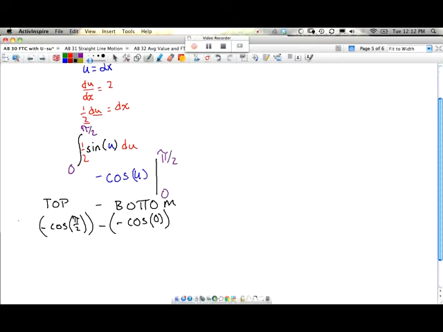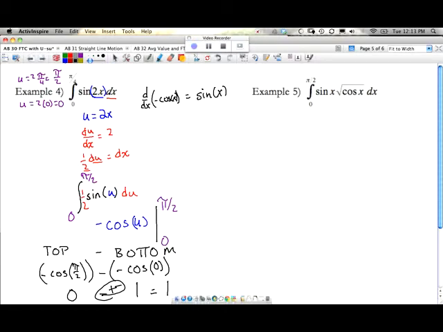Well, cosine pi over 2, that's 90 degrees straight up, so cosine would be 0. So that's a negative 1 times 0, or just 0. Then we have minus negative. Well, cosine of 0 on the other end is 1. 0 minus negative 1, put that together, make it a plus, it equals 1. It's crazy. These complex calculus problems have answers like 1. Alright,